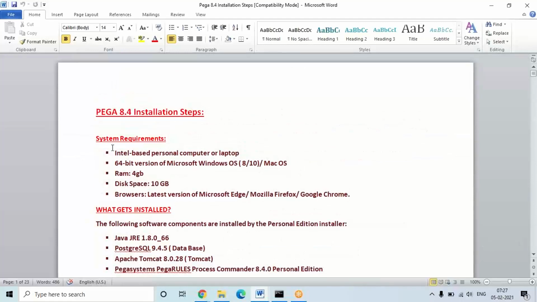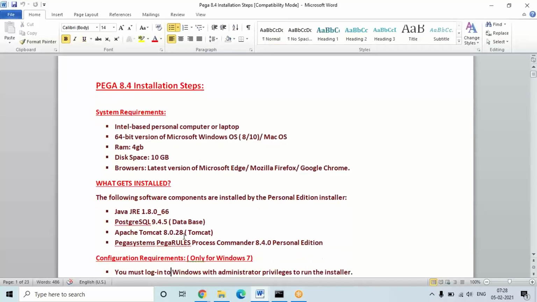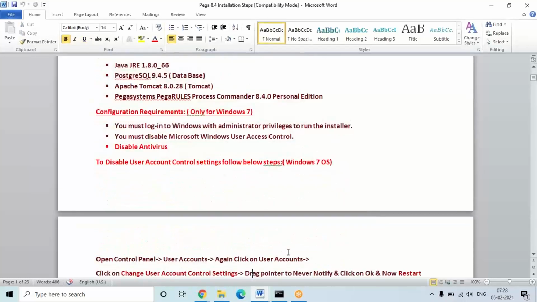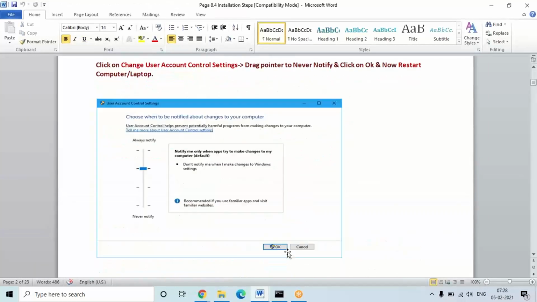So these are the requirements which are given in the document. Before starting this installation setup, just go through these points once again. These are the things that get installed when you install this Pega platform: Java, database server, and PRPC. I'll be sharing a file today, end of the day, or tomorrow at maximum. You can install it over the weekend, no hurry. By Monday or Tuesday, you can complete the installation.